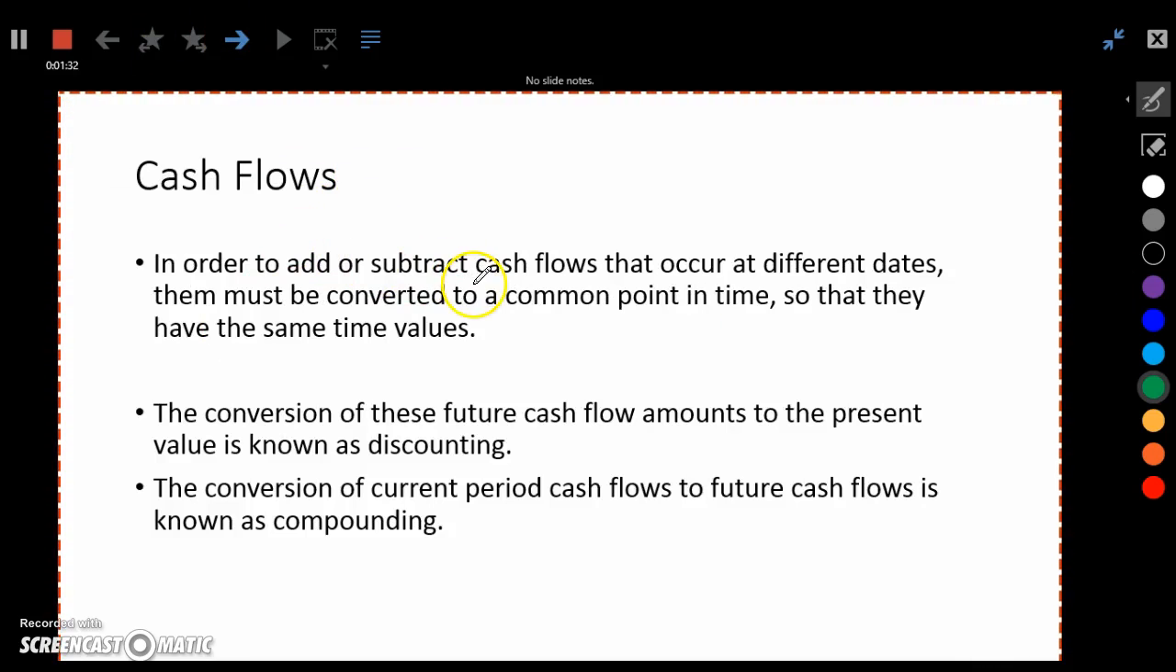Cash flows. In order to add or subtract cash flows that occur at different dates, they must be converted to a common point in time so that they have the same time value. I'll go grab a little fatter pen. The conversion of these future cash flow amounts to the present value is known as discounting. The conversion of current period cash flows to future cash flows is known as compounding. So we have two different things here: